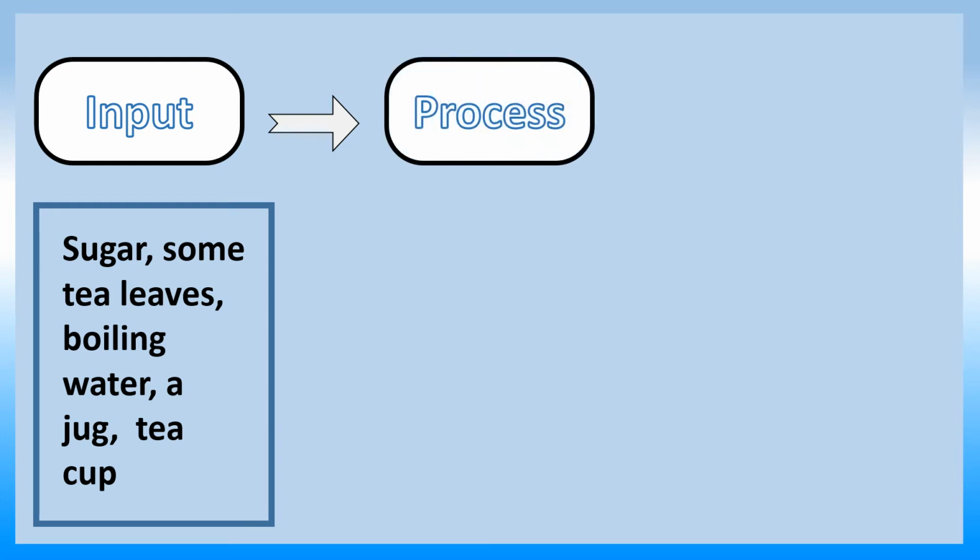What is process? Put sugar, tea leaves, boiling water into a jug. Stir well and strain into a teacup. That is the process. What is